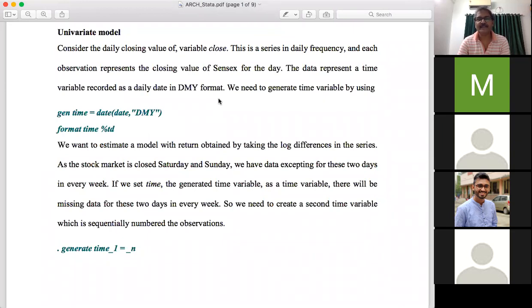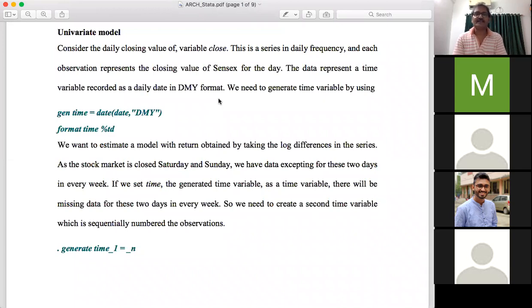If we take the difference of the closing value today from the closing value yesterday, you will get the return for today. So we need to find the first difference of either the closing value, opening value, high value or low value. You have to select any one.